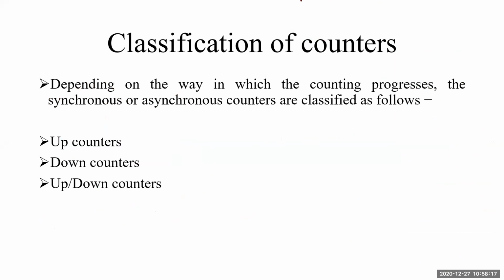The classification of this particular counter will be done as up counters or down counters, and another kind of counter is called up-down counters. And after this, you'll also be using modern types of counters. So these are the basic counters which we will be studying in our basics of electronics. First one is the up counter, second one is the down counter, and after that we'll be using up-down counters. And the last one is the modern type of counters. That was only up to the basics of electronics. Now